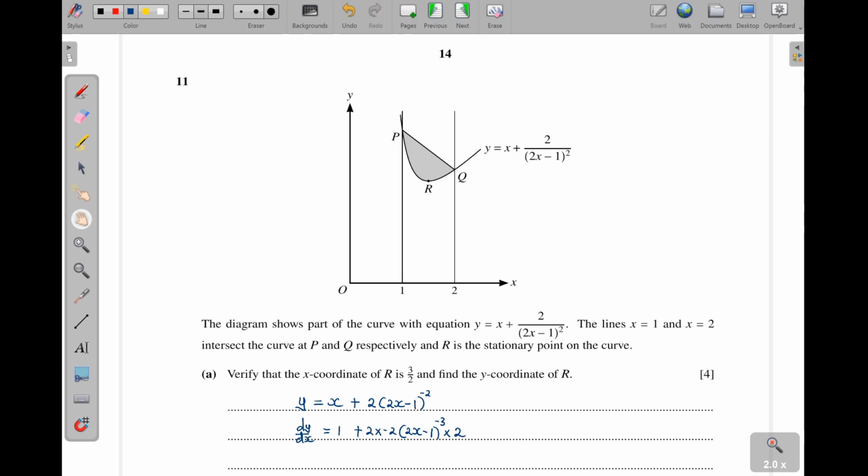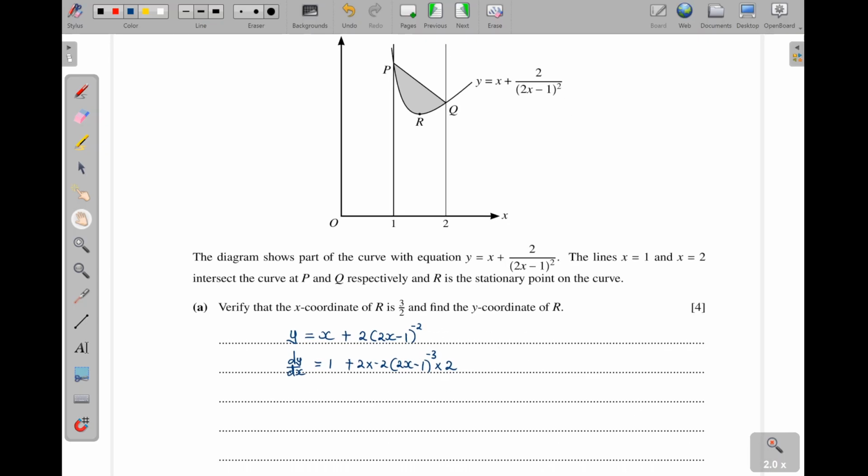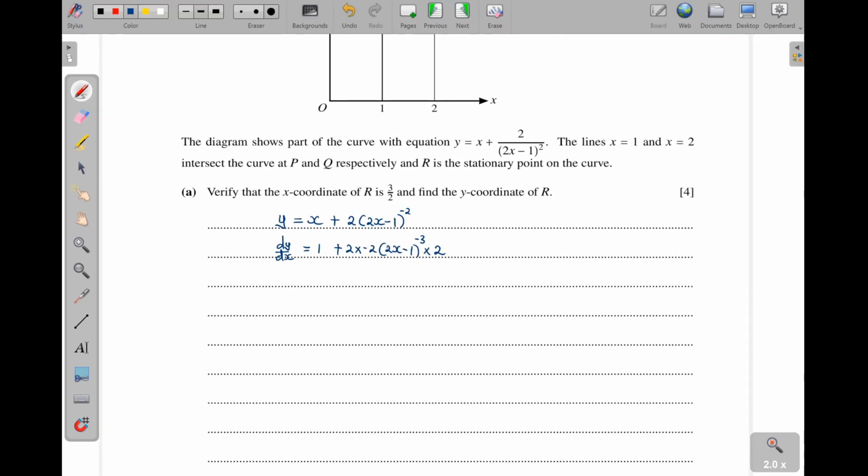So that will be a 2. That is what we call the chain rule. Okay. So meaning this one is going to be 1. Now 2 times 2 times 2, that is 8. Okay. But since there is a negative here, then we shall put minus 8. Then this one I can take it down using the rules of indices. That will be 2x minus 1, then power 3. Okay, now we know for sure that for stationary points,